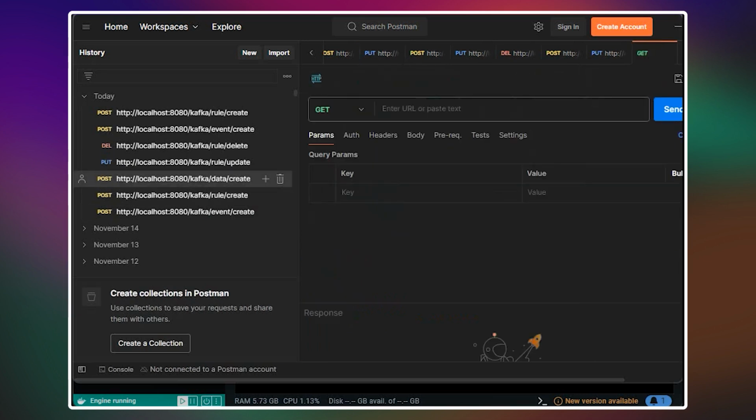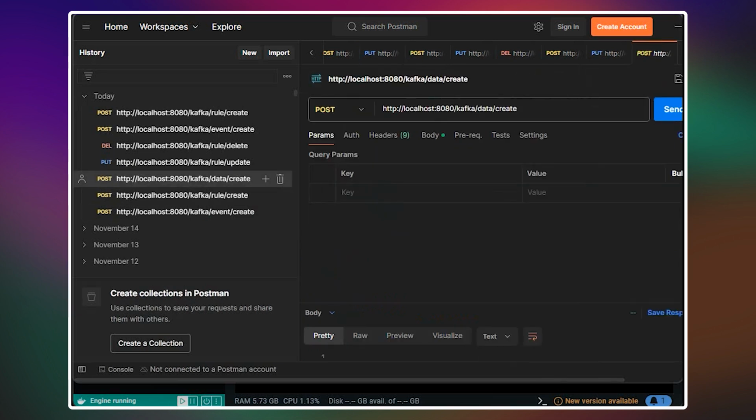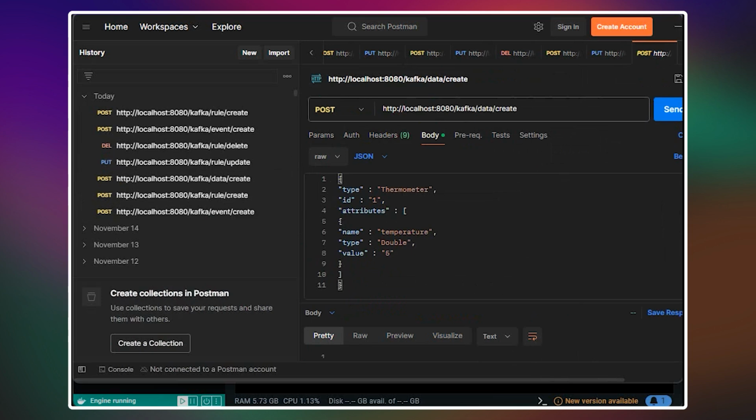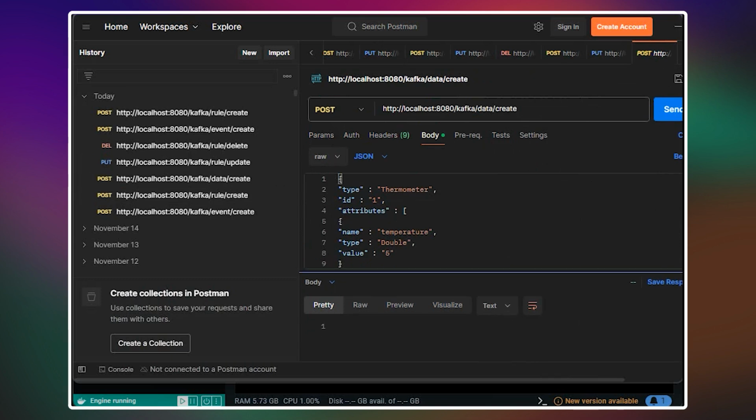Now we should send data. Because as I said, right now it's understanding. If you send some information, a thermometer ID and temperature in a file, it will receive this information and put it there. So let's go check it out.